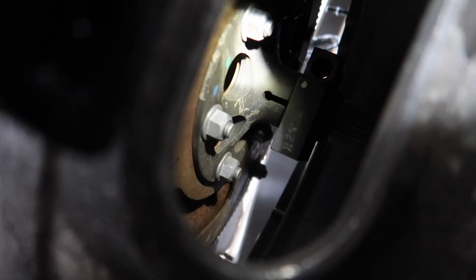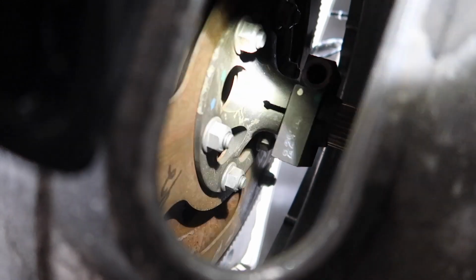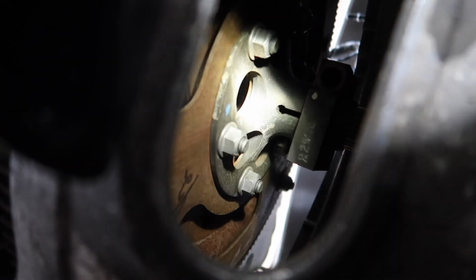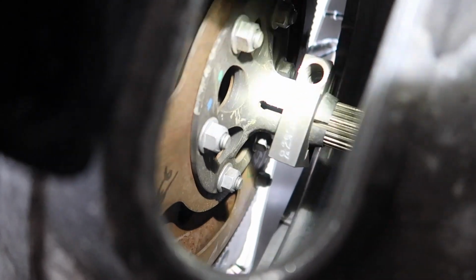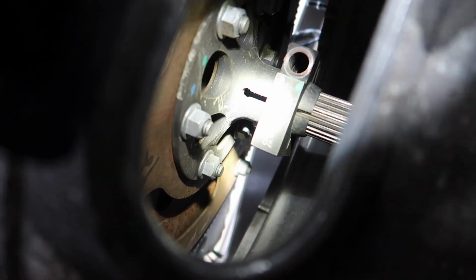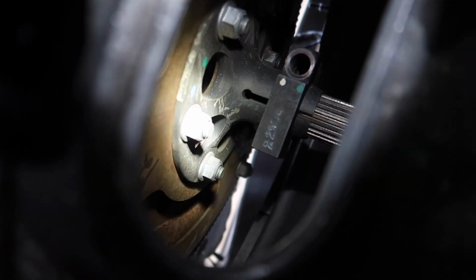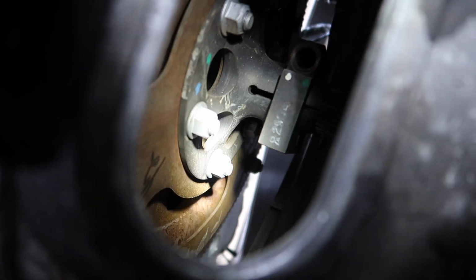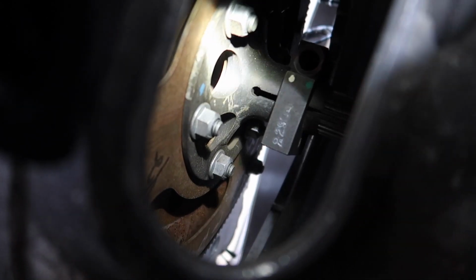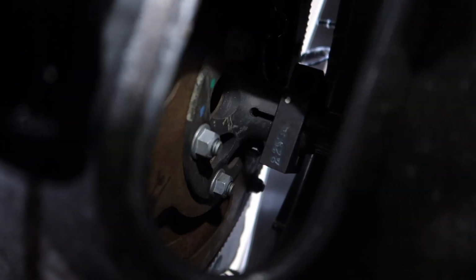So I should have done this earlier, but I think my only best option at this point is to remove these 15mm nuts. There's 6 of them. I was thinking about doing that too so I can get more clearance instead of having to remove or pull it off of the spline going forward. If I remove this plate, I could literally just lift up. So I'm going to remove these 6 bolts,